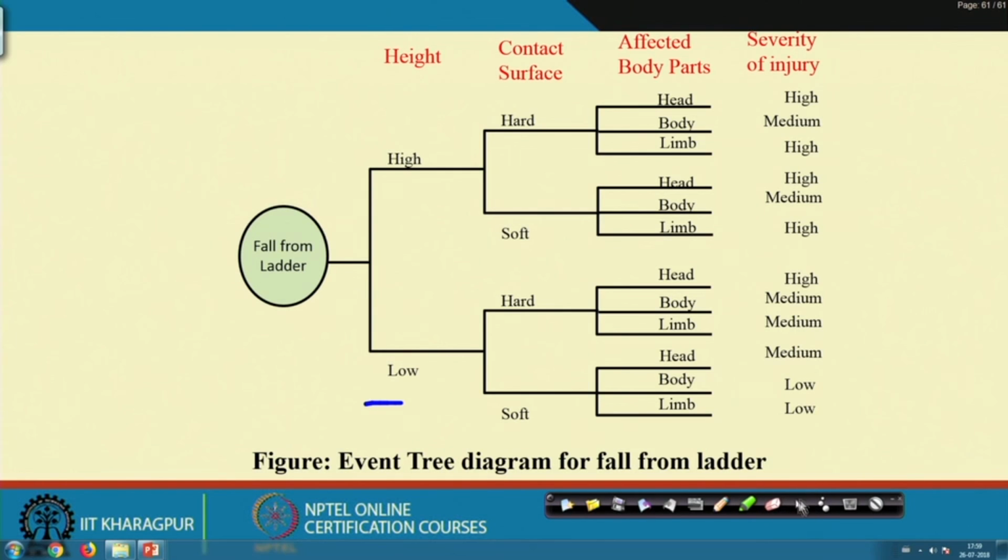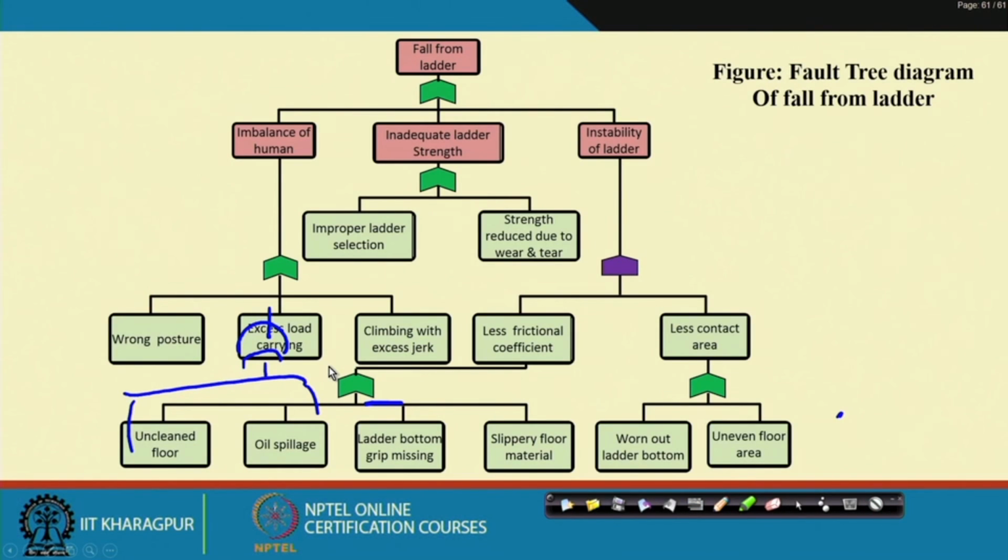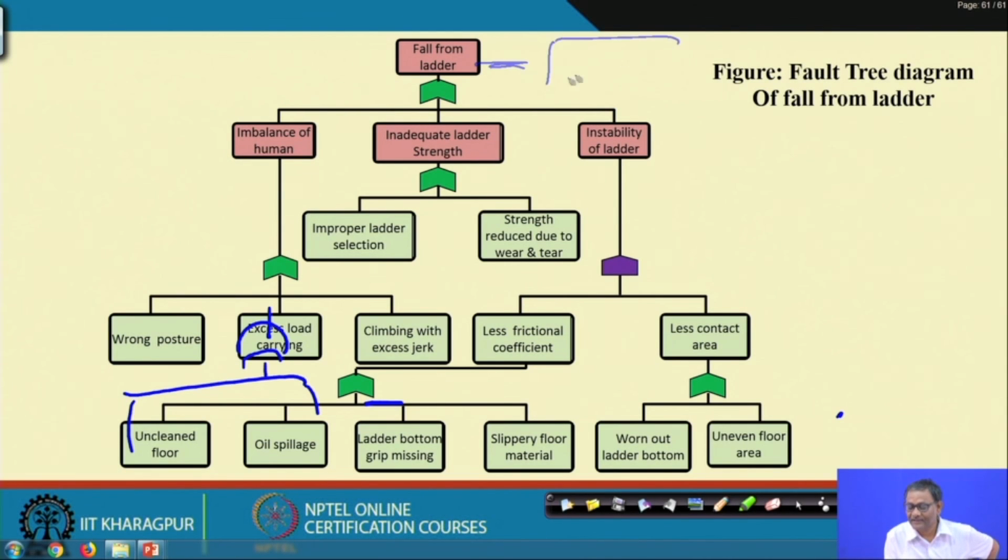Okay. So, what will happen if you combine the two? Here is the fault tree. Which fault tree? This one, and here we have used the event tree. So, different paths you have seen already. Now, the question is whether you will go for both fault tree and event tree or not. It is better to go for both fault tree and event tree instead of only one, fault tree or event tree.